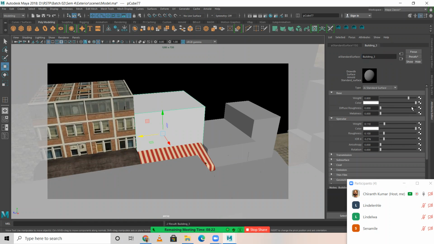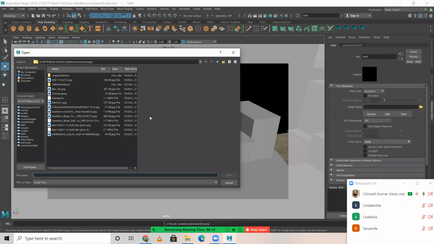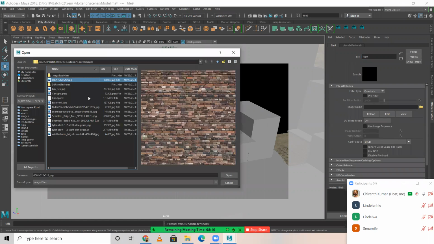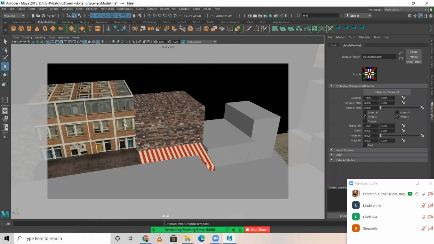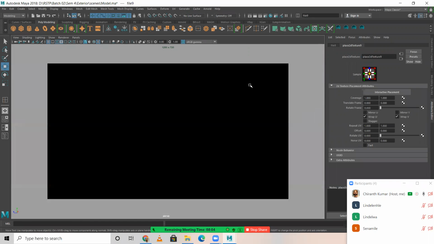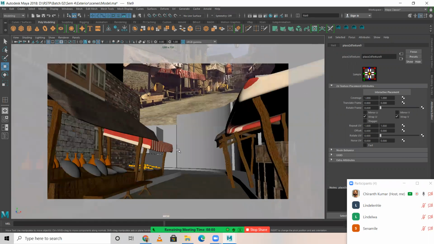Reduce IOR, reduce weight, increase weight here in base color, click on file, just select. And in place 2D texture, let's see if we need to modify this. I think this is okay. It looks good only.